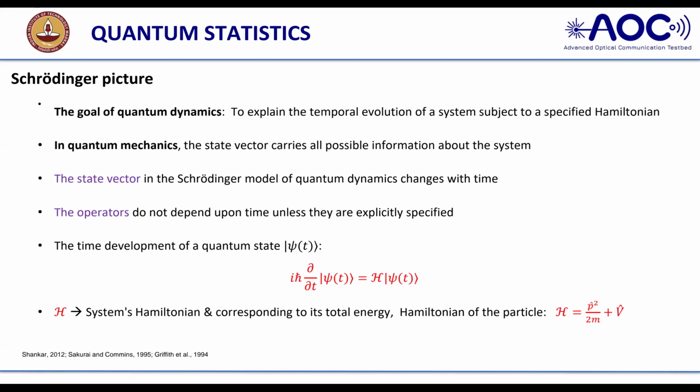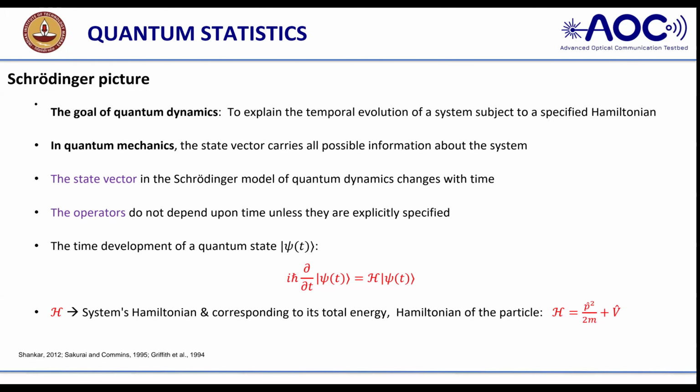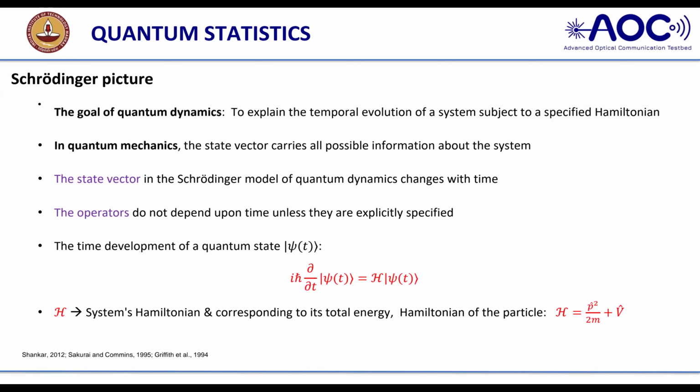So psi t is nothing but where we keep all the information, position information, contained in psi t, whereas H does not have any information. So in the Schrodinger picture, when we say the wave function, the ket, it contains all the information, whereas the operator H that we have written contains no information. It acts like an operator, independent of the other information.